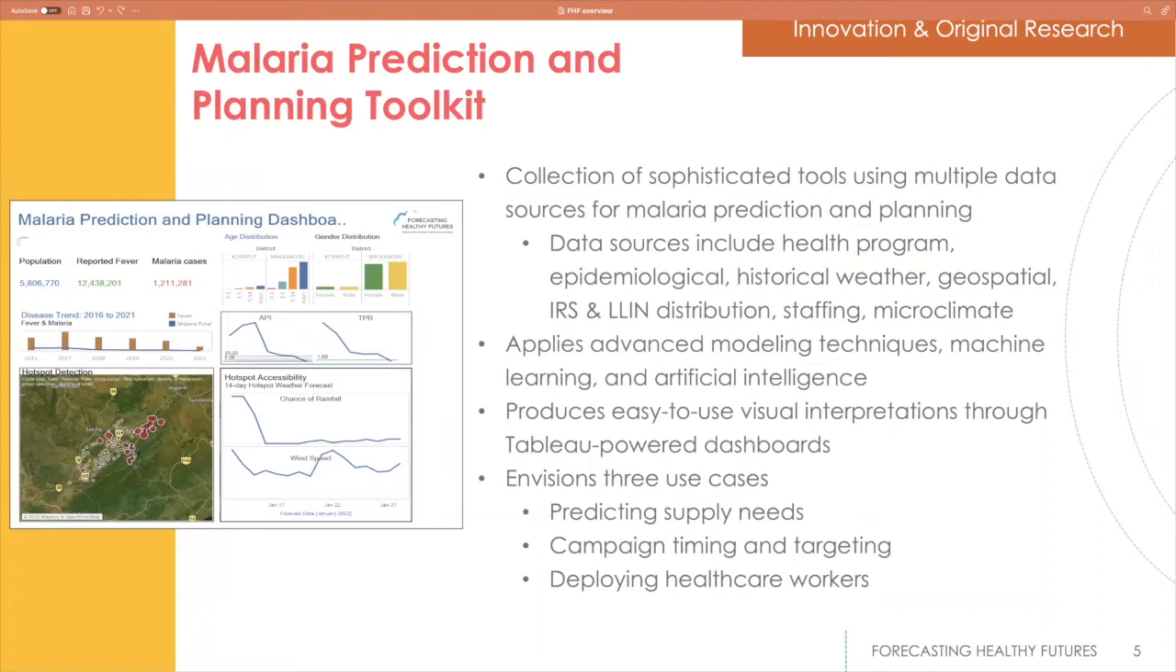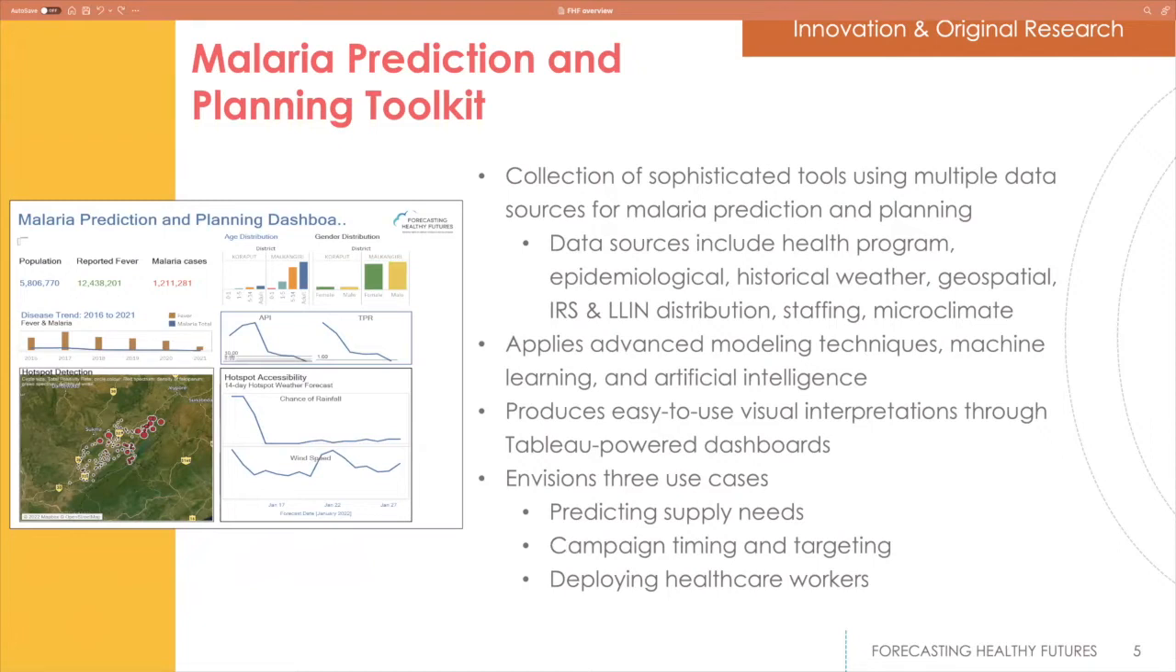The first solution that we designed at this intersection was the Malaria Prediction and Planning Toolkit. As the name suggests, this particular toolkit provides two different solutions. One is the prediction aspect and another is the planning aspect. Here you can see on the left side of my screen the first page of the dashboard of Malaria Prediction